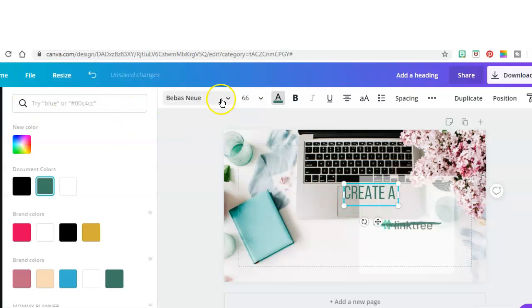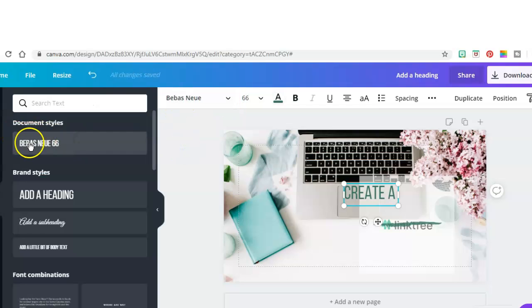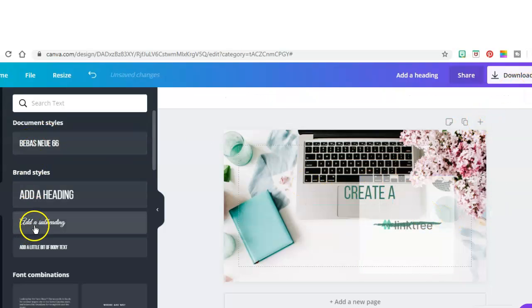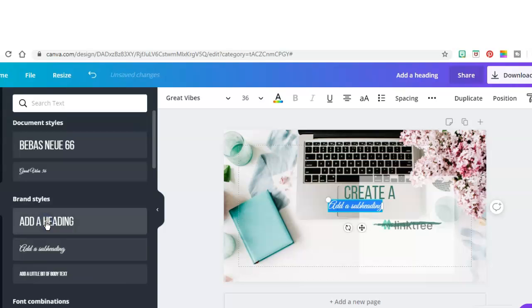And then I'm going to add some more text, but I'm going to use this Great Vibes heading here. And I'm going to say free,